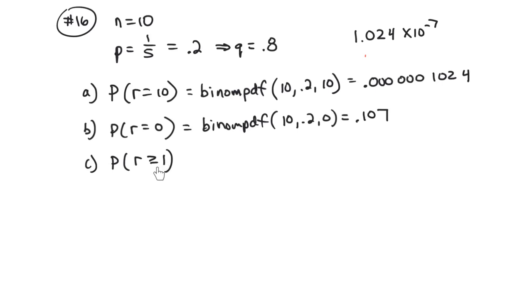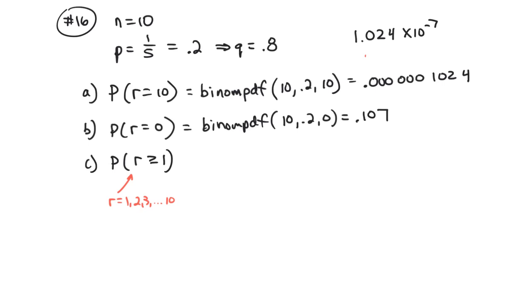So it's probably pretty likely to get at least one right just from guessing, right? So the problem is this is a greater than, so we can't use binomial CDF because at least one, just think about what that means. That means R equals 1, 2, 3, all the way to 10, right? The only thing it's missing is 0. So at least 1 equals 1 minus none,